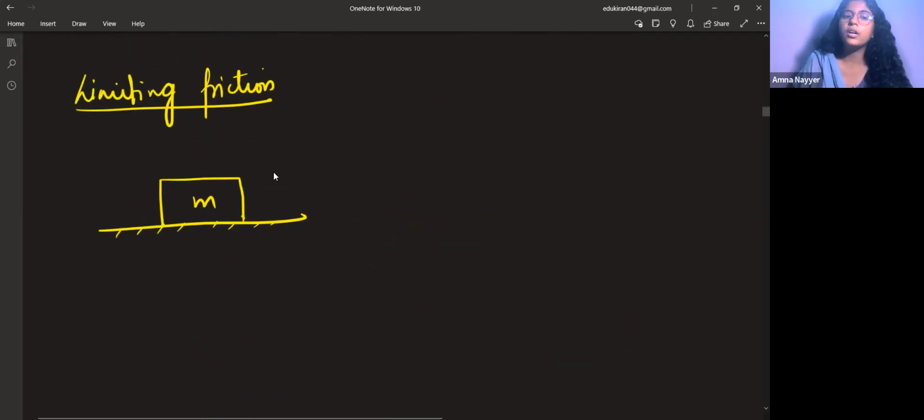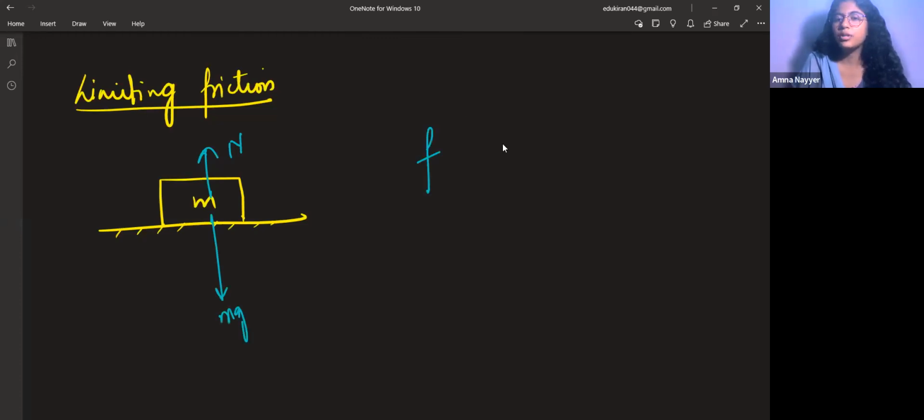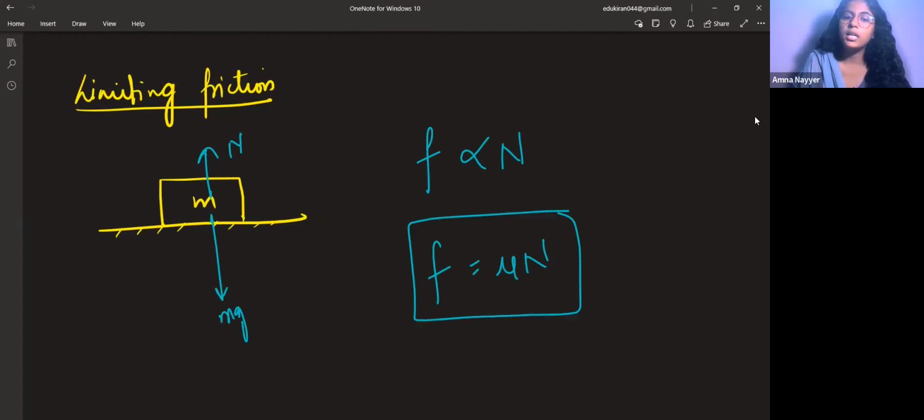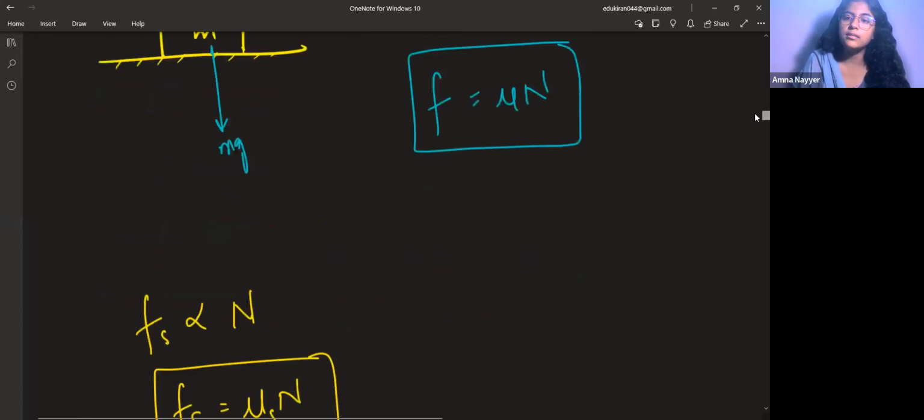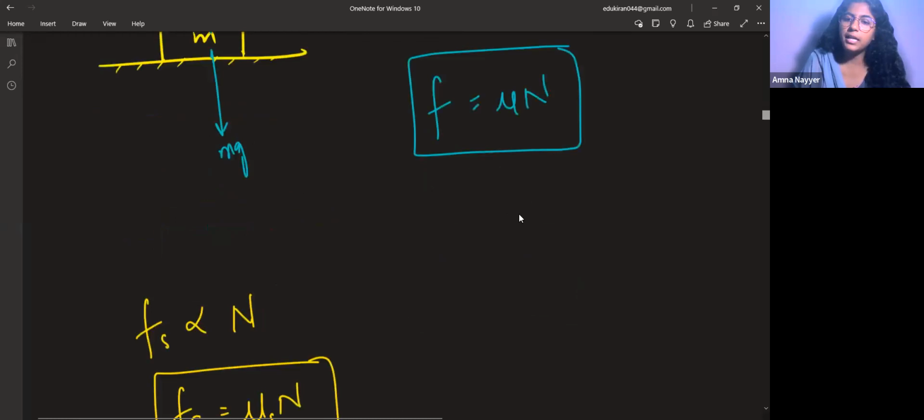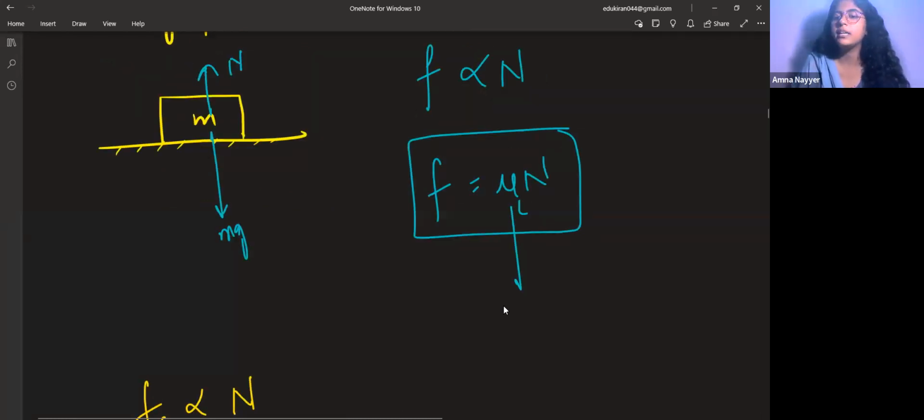So when we are talking about limiting friction, yes, this I was telling you. Now properly, let's see. If this is mg, see, frictional force is directly proportional to normal reaction. Frictional force is mu N. This is the formula which you have to remember. What is mu m? What is mu s? See, mu L I am writing,